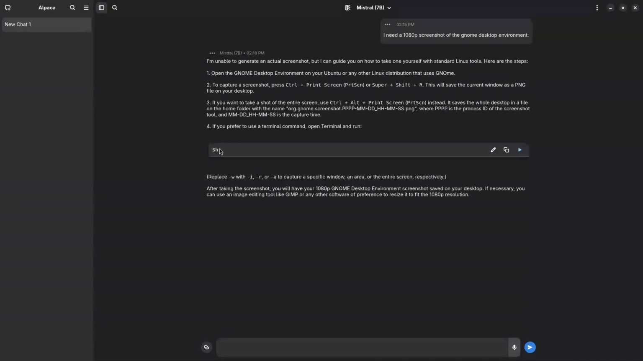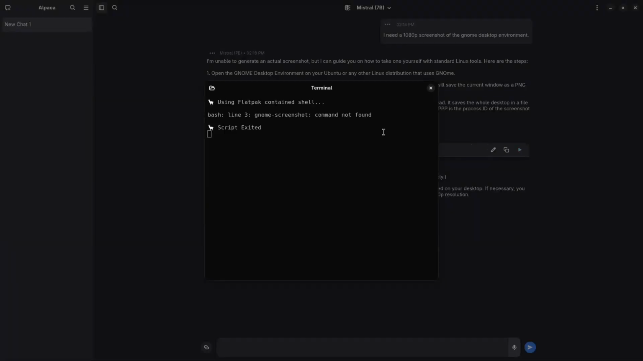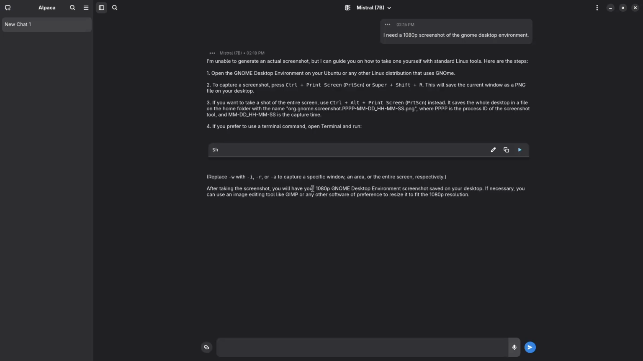Okay. And then, ooh, I'm actually impressed here. I didn't see this before. So, oh, wow, interesting. Okay, I'll tell you what just happened. So it looked like it also creates a code snippet where you can just simply press run, and then it will be able to take this. Oh my goodness. This might actually change my mind. Wow. And it says replace -w with -i or -r or -a to capture a specific window, an area, or the entire screen respectively. After taking the screenshot,